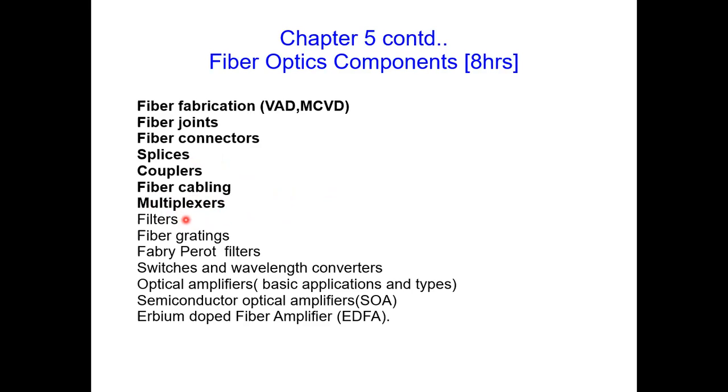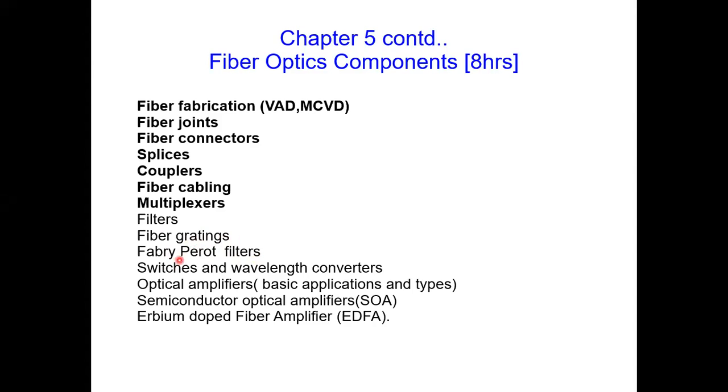We will see what should be the characteristic of a fiber filter. We are not going for any filter design, just the characteristic. Then an important concept of fiber grating. What is fiber grating? This word, if you remember, was present in the attenuation measurement. It's a monochromator or a fiber grating. When the light falls on it, it is reflected into its constituent wavelengths. So how that grating is done, we will be seeing.